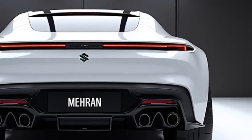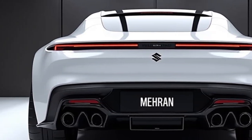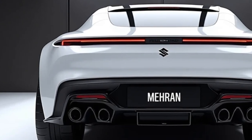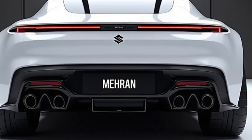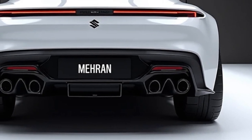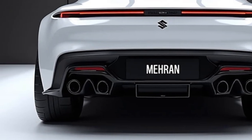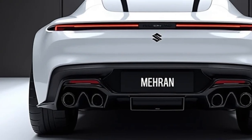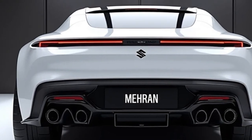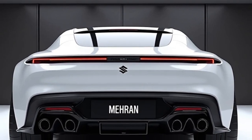And today, we're diving into something that might surprise a few of you, the 2025 Suzuki Mehran. Yes, you heard that right. The Mehran is back, and it's making a bold return with a refreshed identity. Once known as the humble people's car, the 2025 version aims to mix nostalgia with practicality while stepping into a slightly more modern era. So let's take a close look at how Suzuki has reimagined this iconic hatchback for a